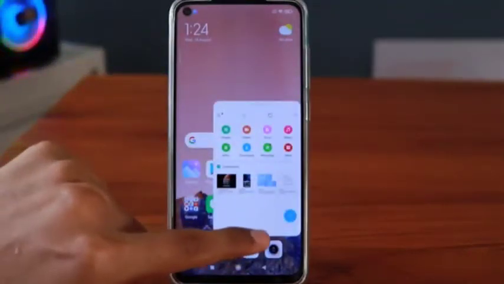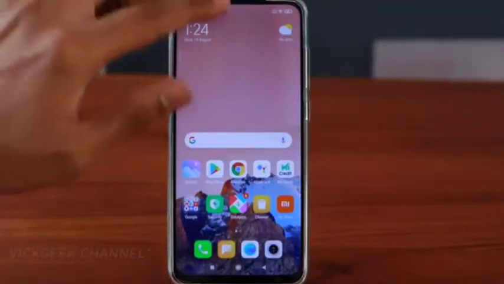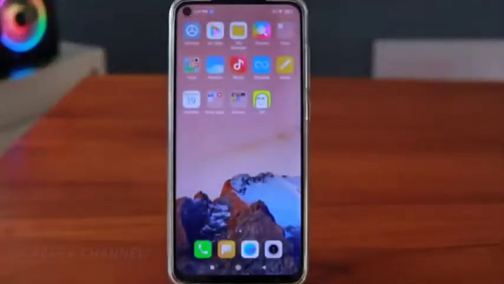If you want to close this or bring it to full screen, you can just go ahead and do, like if you pull up, it closes the application. If you pull down, it opens as a full screen. So that's the new thing right over there added with the MIUI 12 version. And of course there are some animations as well. I'll be making a separate video on MIUI 12 what has changed, so make sure to watch that video. In this video, let's look at some of the features, right?